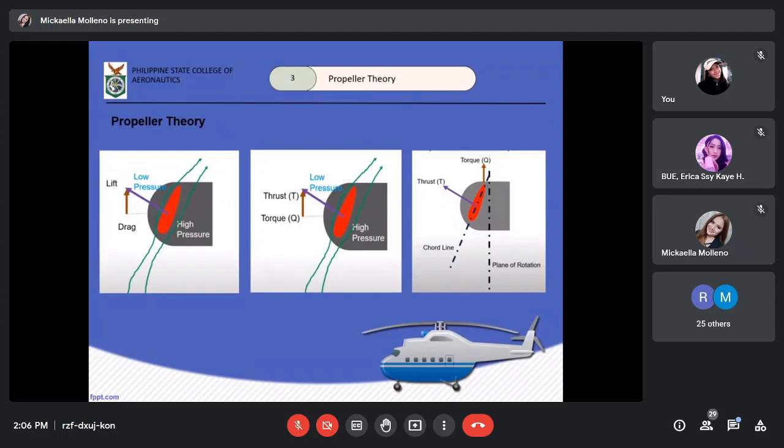And as you can see, when we're talking about propellers kasi, it's not called angle of incidence anymore. It is called propeller blade angle. Again, propeller blade angle, it is the angle between the chord line and the plane of rotation. So, mas na-imagine na natin yung plane of rotation dito sa figure na to. Pero we have a more prominent figure later on.